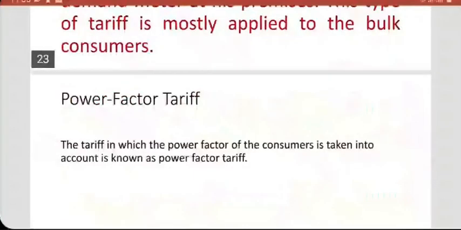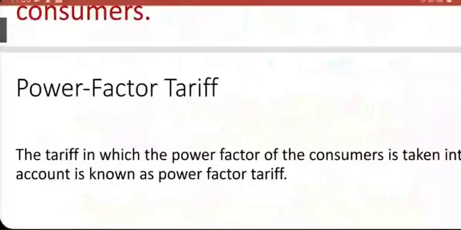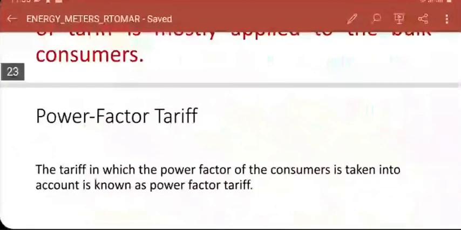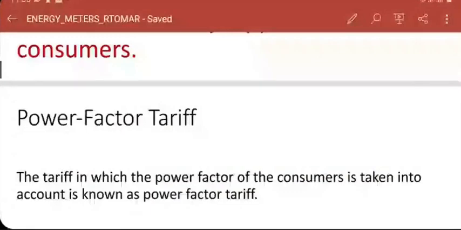Power factor tariff. Customers are encouraged to make their power factor as high as possible. But that involves installing capacitors in parallel with the load, which will cost money. So a lot of companies simply want to avoid that solution. And if the electricity supply company comes to know that a lot of power is being wasted, they put an extra tariff, an extra charge, saying your power factor is below 0.9 or 0.8, you will have to pay so much more per month because of that. Either change your power factor to a higher value, or we'll charge you more.